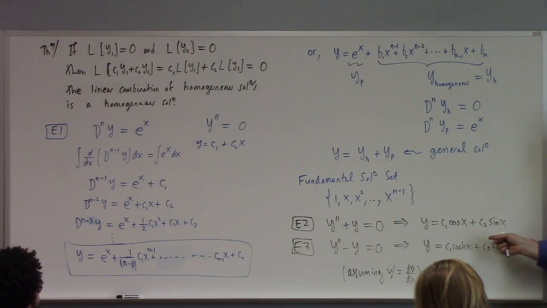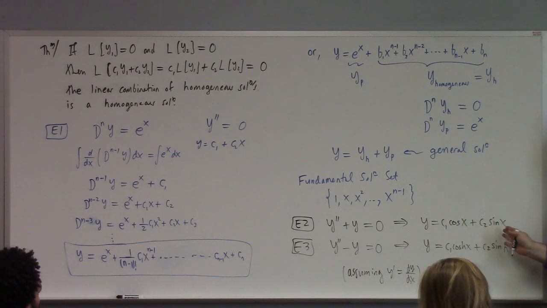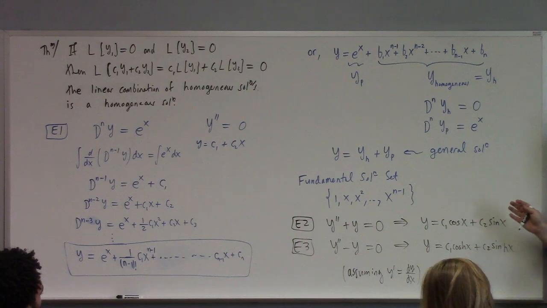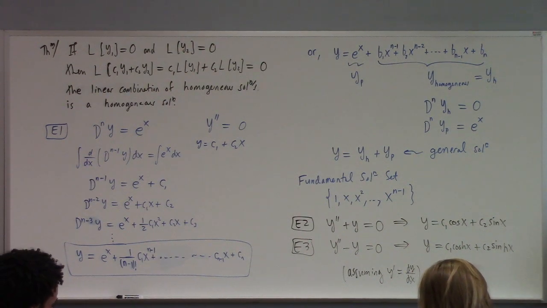All right? So these are both homogeneous equations. And in this case, again, we see that the solution is a linear combination of two functions, cosine and sine, or for the second one, cosh and sinh. And so this is generally going to be the pattern we're going to look for. We're going to look for n functions which we can form the homogeneous solution set to an nth order problem. All right,